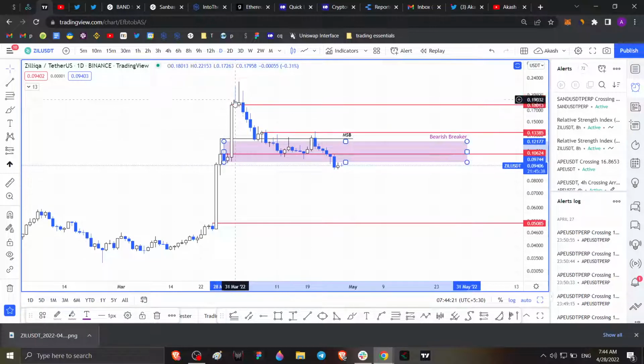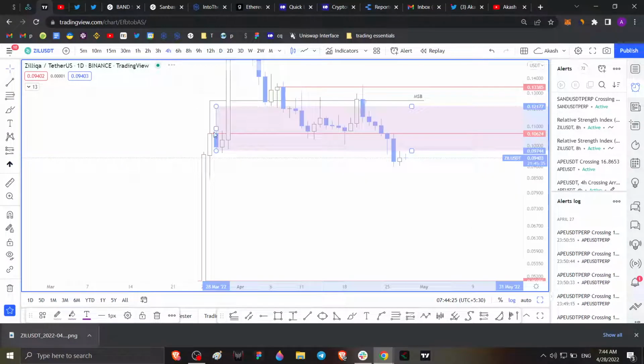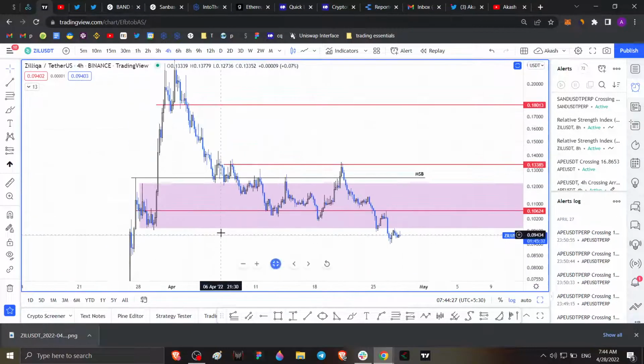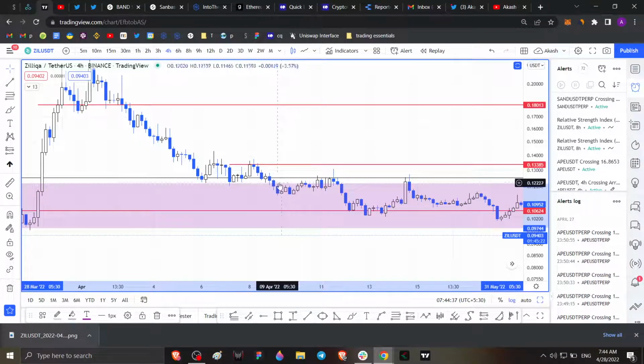This is the demand zone, right? As you can see here, this demand zone was valid. If I go to a 4-hour time frame, you can see how the price has reacted bullishly to it every time it comes down. Okay, there was no retest over here, but there was a retest here, which led to a bullish uptick, right? But the price kind of remained between the upper limit of the demand zone, which is 0.127, and this local top here at 0.133,